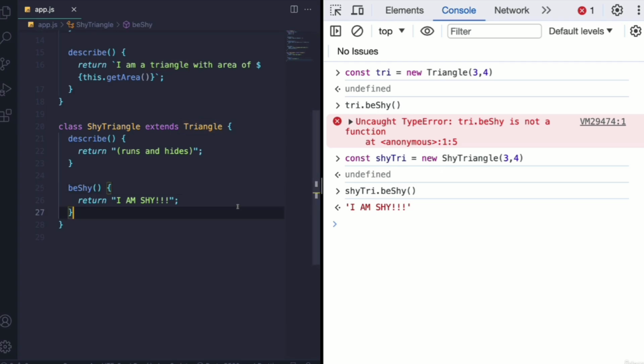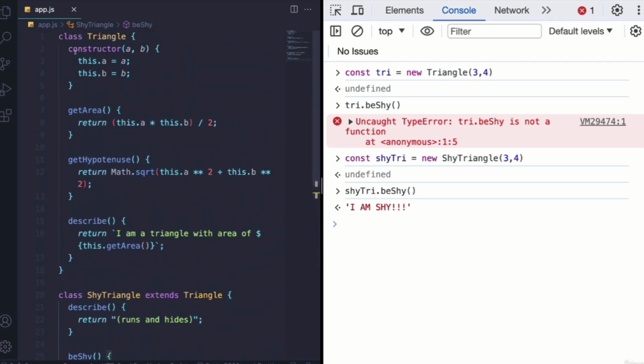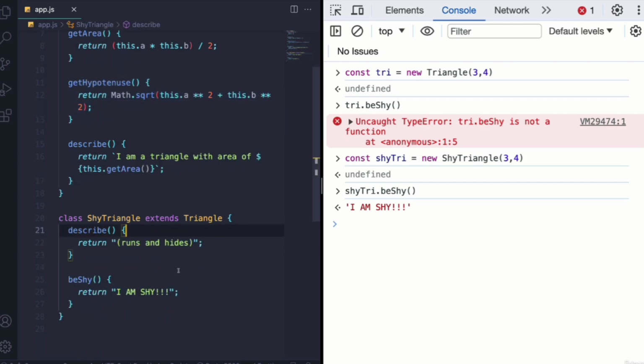So by using this inheritance, I can avoid duplicating this logic, and this logic, and this logic, and instead just make small changes, or sometimes big changes, where I can share some functionality from a parent class, get access to all of those methods and those properties, and then add on some additional stuff, like a different version of describe, a different result, or a beShy method. Or as we'll see in the next video, maybe even completely different